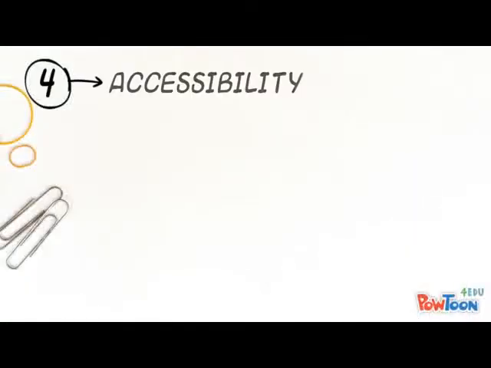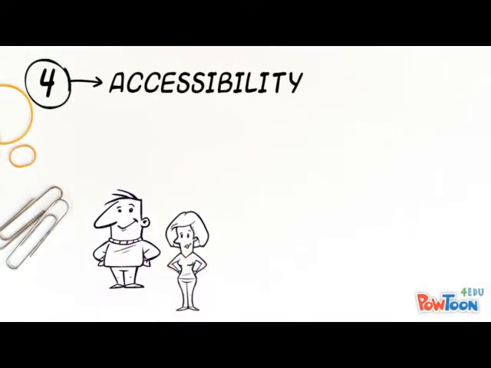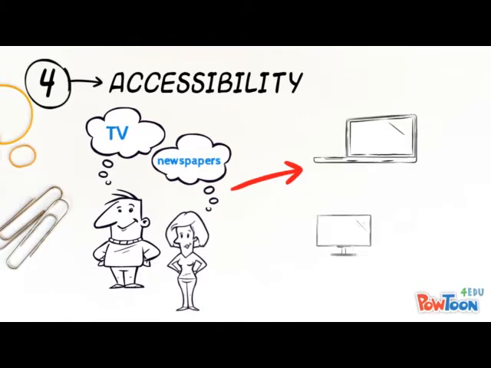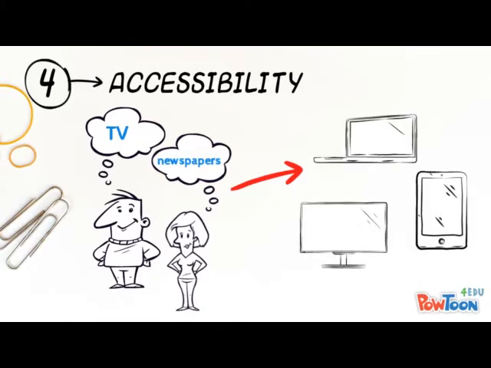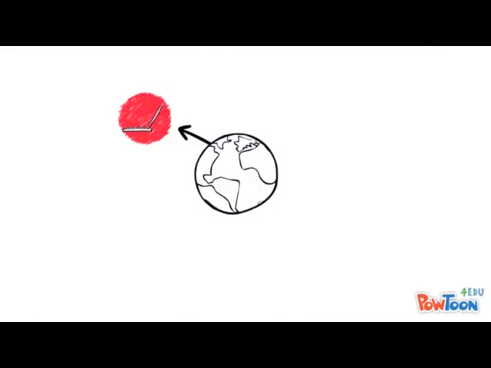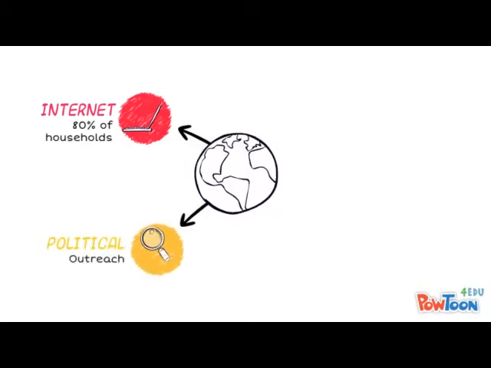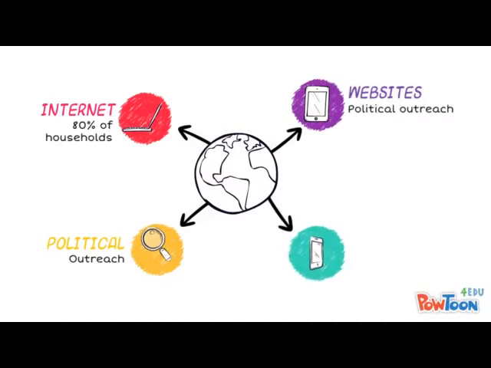In the past, election candidates have relied heavily on television and newspapers to disseminate their party's political agenda. With the current advances in technology, individuals in developed countries now have the ability to access information from many additional technology mediums. Statistics have shown that within most developed countries, more than 80% of households have access to the internet. With this increase in accessibility, election candidates have leveraged these technology mediums by posting their political agenda on websites, blogs, forums, and other social media platforms.